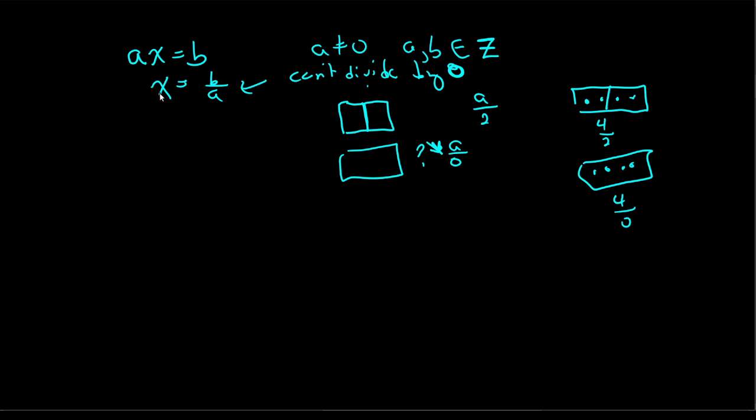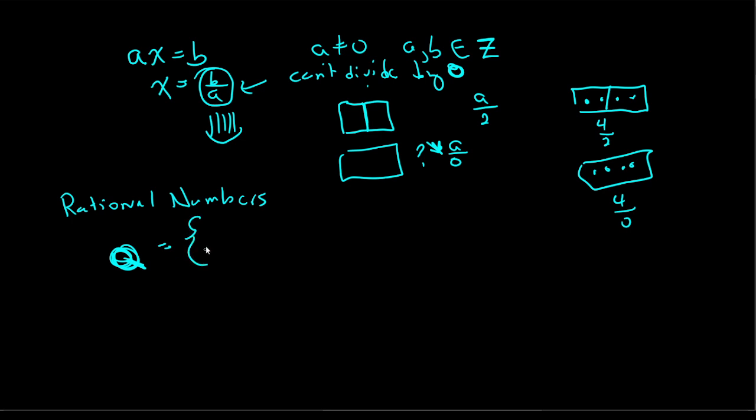But we want to talk about this thing that gets created here. Well, this looks like a fraction. And division and fractions are related. And what the ancients needed to do is they needed to make rational numbers. And so what they did is they make a set of Q for quotient, and they define it as